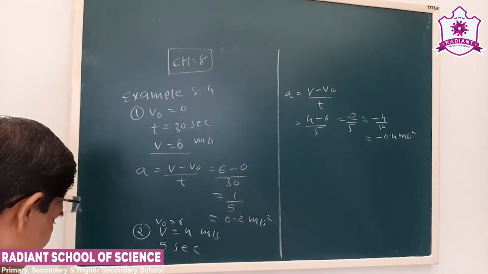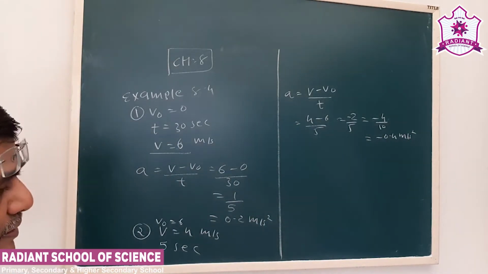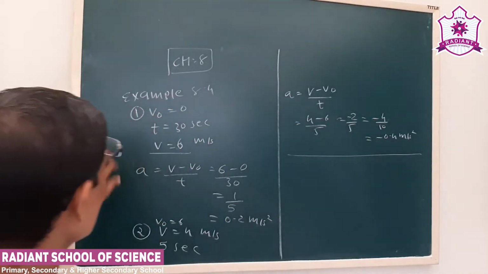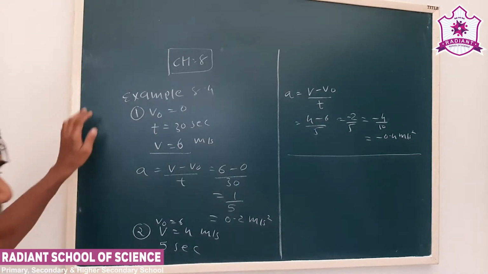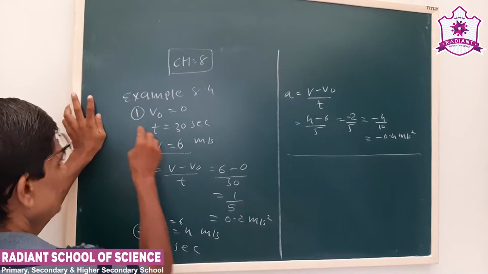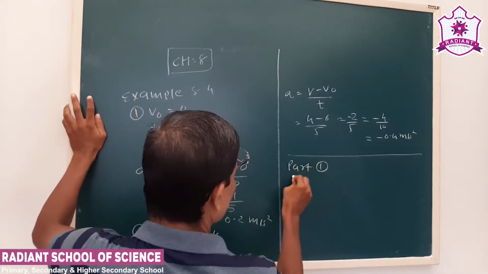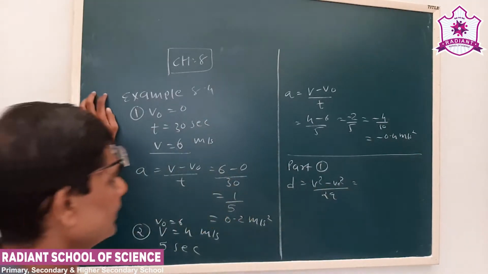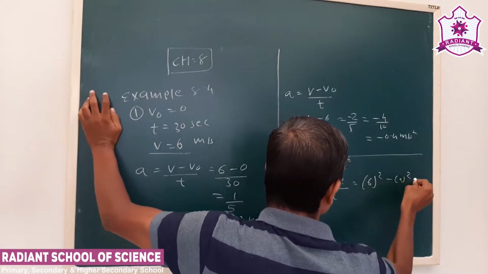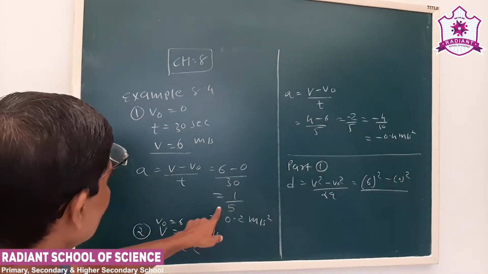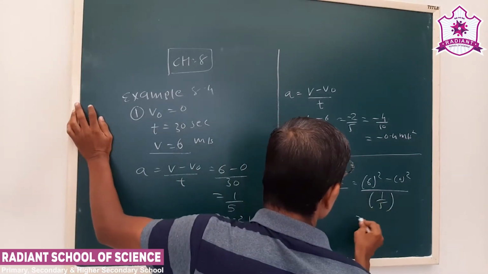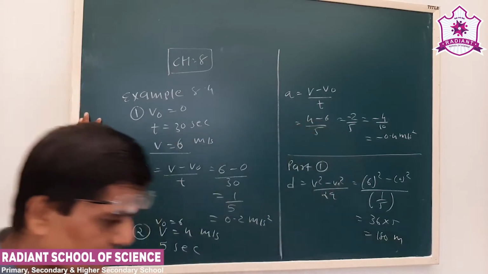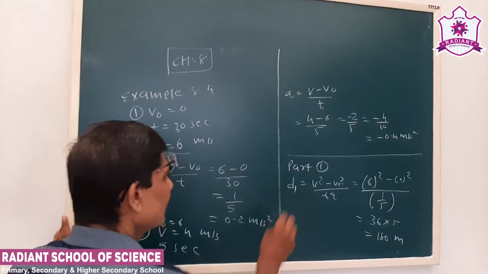Now, our example told us to find out only up to here. But suppose we go one step further. We have to calculate the distance covered in both parts. So we can use the formula. This was part 1. Distance is V square minus V0 square upon 2a. Now what is V here? 6. V0 is 0. Acceleration a is how much? 1 by 5. That was the distance covered in the first part. Let us call it D1.